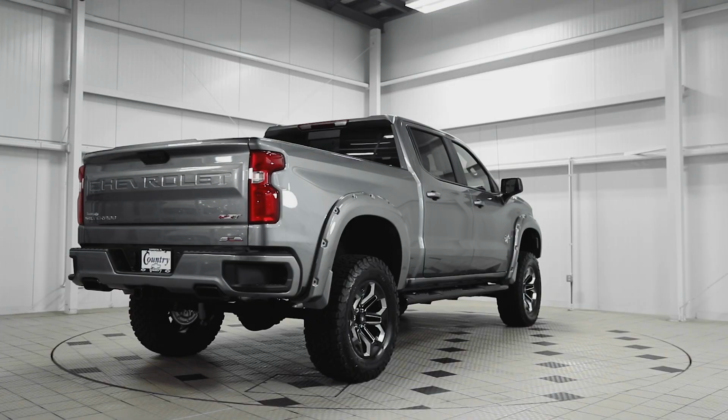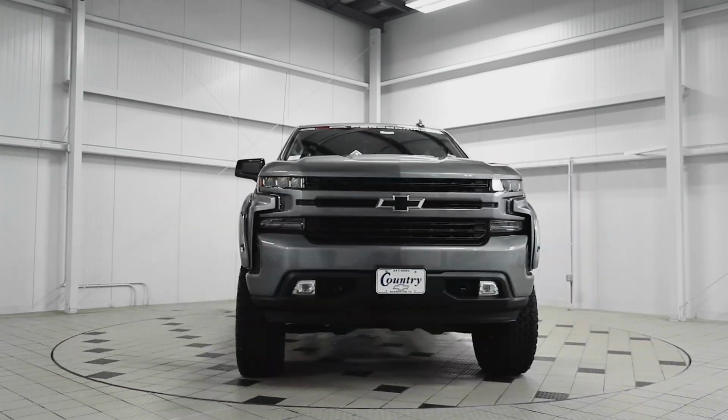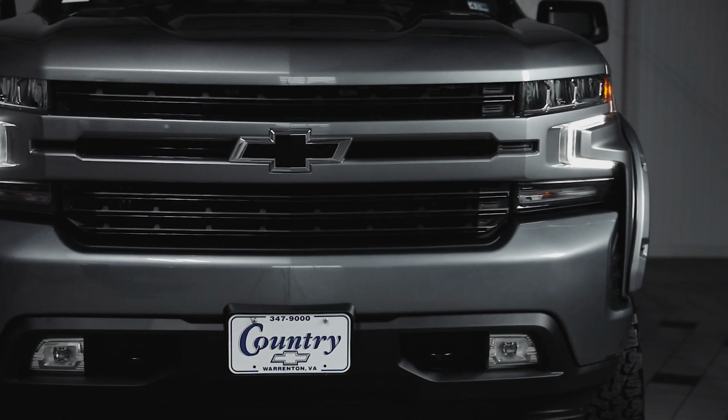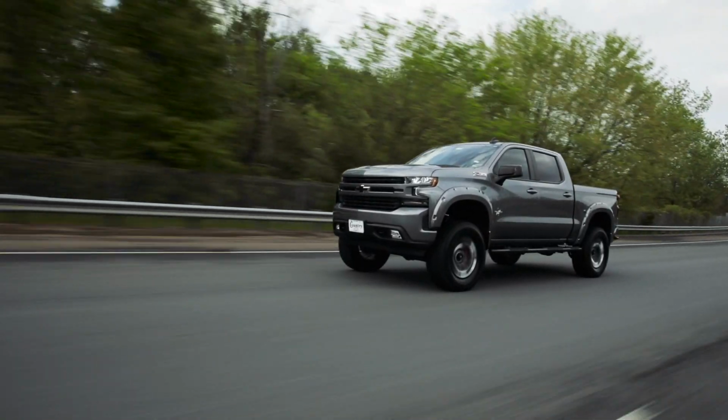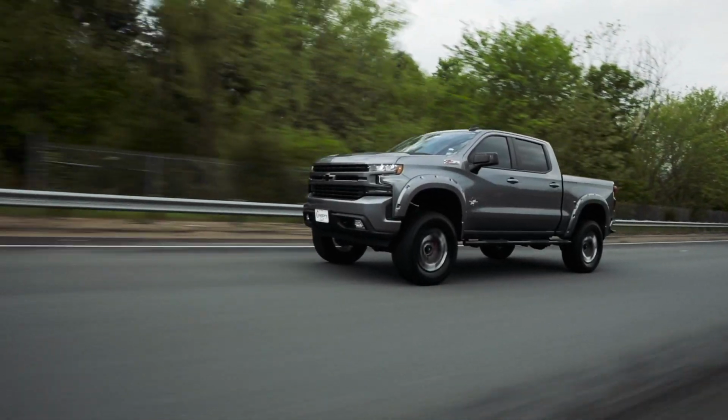Okay, so let's start with the basics. The base of this custom truck is the brand new RST model, or Rally Sport truck. This gains you a few features to include the LED headlights and running lights, color match painted bumpers, to name a few. As the SCA Performance Black Widow, this truck has been professionally outfitted with a warranty-backed custom package that